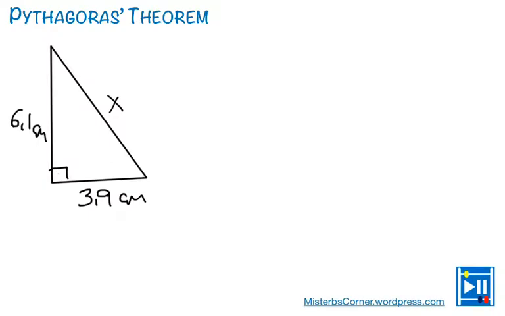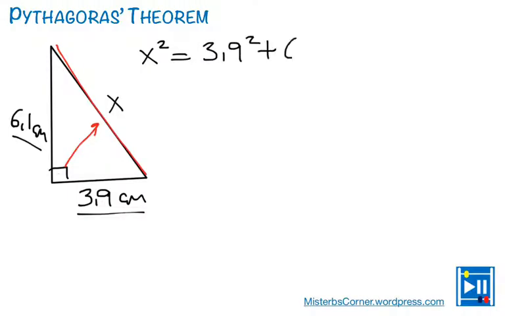Certainly not all the time you're going to get integers. You have 3.9 here, you have 6.1 here. The first thing, again, we have to find the hypotenuse, which is across the 90-degree angle, so that's the hypotenuse. Right, so I'll go with x squared equals 3.9 squared plus 6.1 squared, which would be